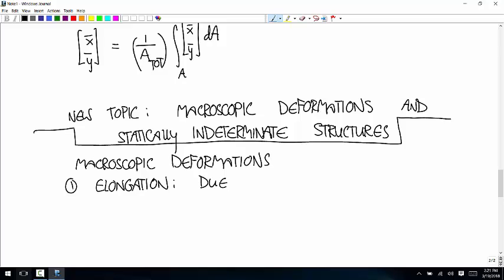And there are two things that this will be due to: tension and compression. And then we'll also do it due to changes in temperature, which is called thermal expansion. So due to tension, compression, and thermal expansion,